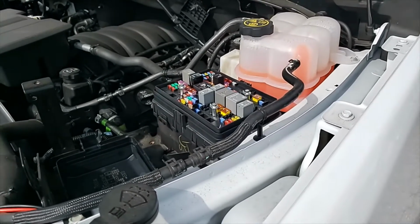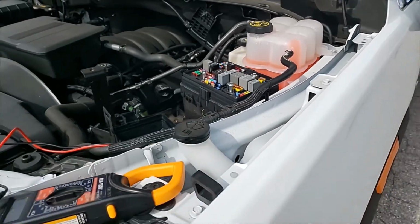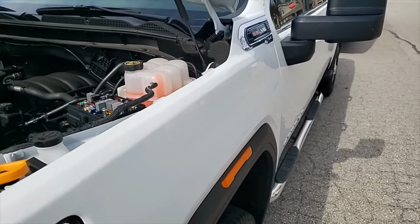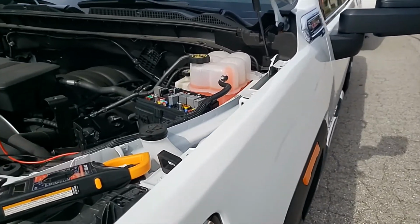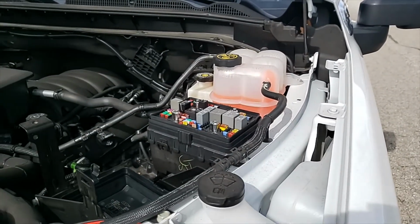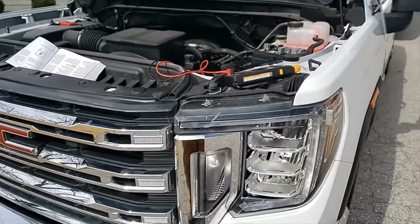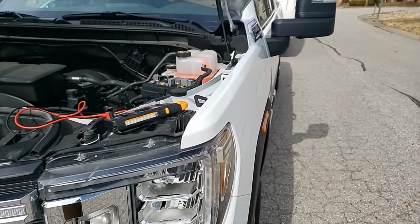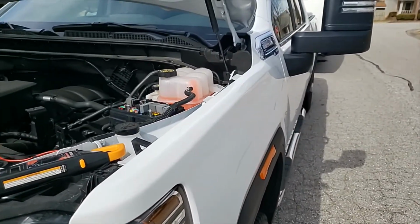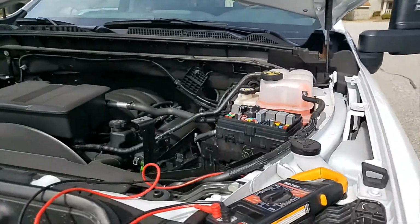I checked all the fuses in the trailer. Our RV has a fuse box, so I went in and tested all the fuses. They're all fine. I have a brand new 2020 GMC Sierra truck, and I thought, no, can't be a fuse in that. So I get my meter out and I test it, and sure enough, it is a fuse